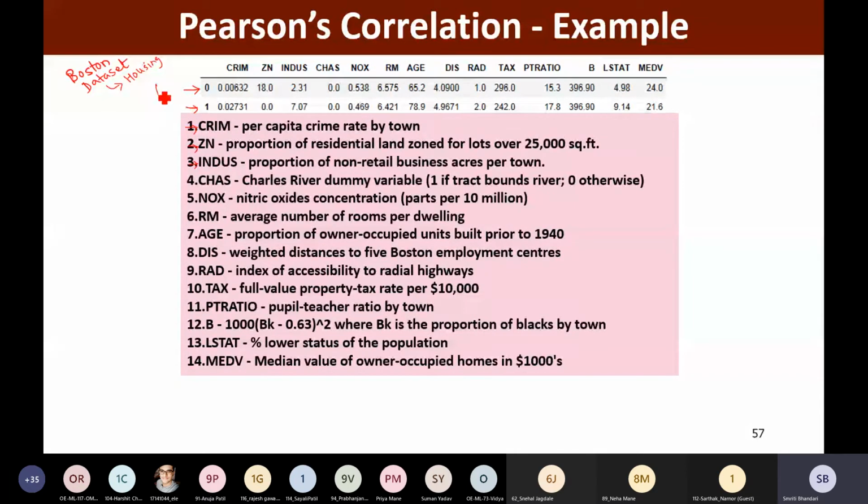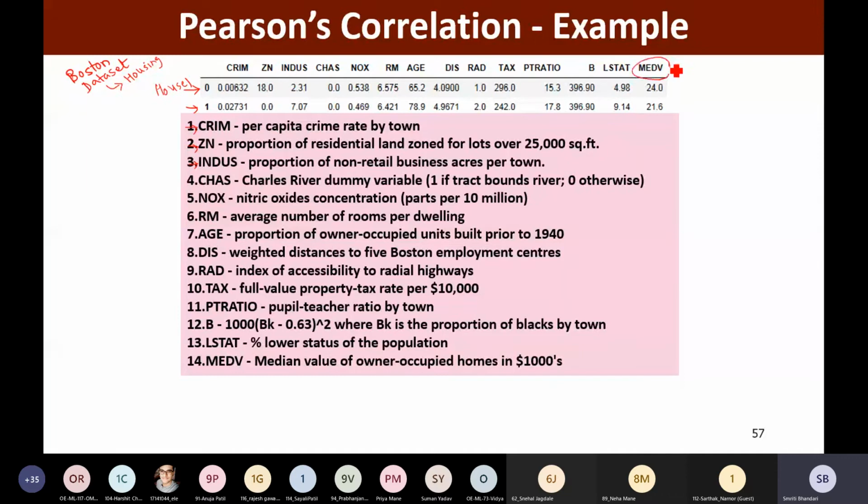So this is actually the instance describing house 1, suppose house 1, right? This house 1 is described with all those features. So what is the per capita crime, what is this ZN value, what is this Indus value, and so on, right?